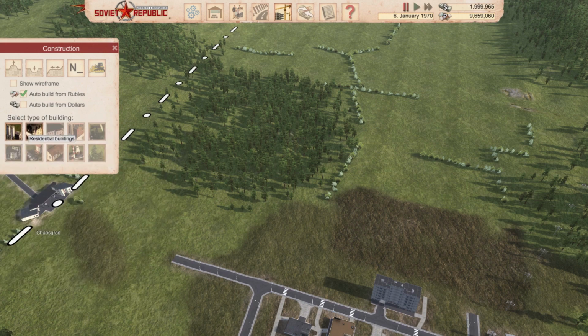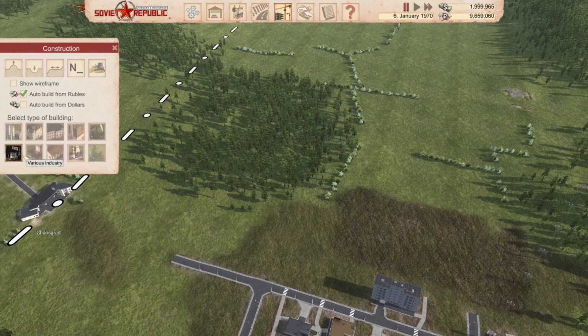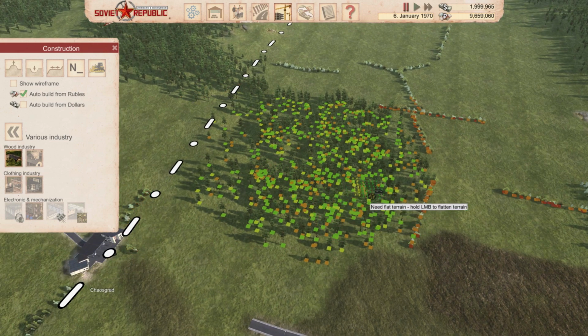Rail construction office. What? It's probably in gravel and iron collection. No, it's under various industry. Here it is, wood cutting post. So what we'll do is we are going to build a wood cutting post, and we're going to do it